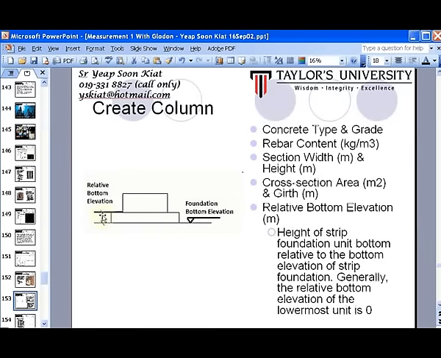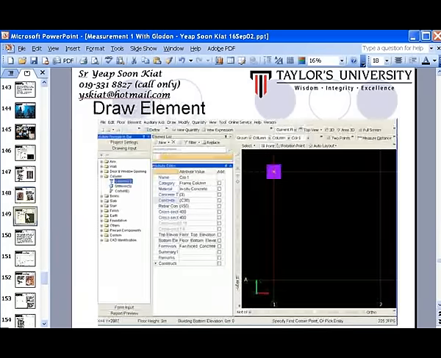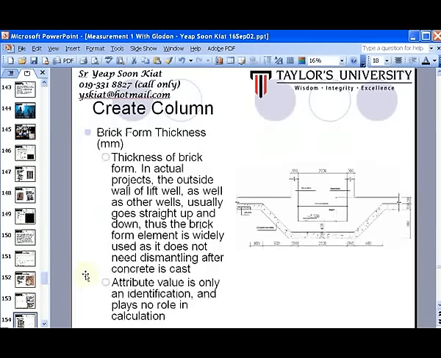Okay, sorry for losing focus, but this is the brick form type. Okay, they call it the formwork type. Let's jump to this one screen. Okay, the form type is defined. For example, this is the brick here. This shear and this is the column. So this is column here. Look at my mouse. So it tries to specify whether there is any left behind wall, and the brick wall can form part of the formwork, or even whatever. Okay, or even they call it for the pad footing. Sometimes they assume that you might even use brick. Okay, so as you see, this is the thickness of the brick formwork. Yeah, in the actual pipe. But anyway,